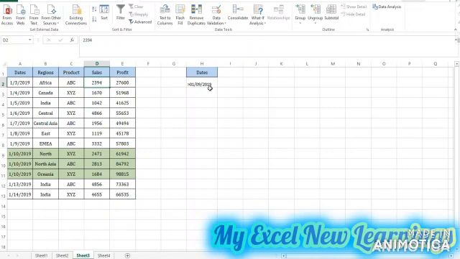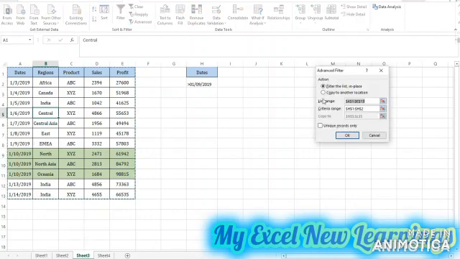So here I have just used a criteria for the dates which are greater than 1/9/2019. I want to pull the data which are greater than 1/9, that is 1st of Jan 9 2019. So I will click in the data anyway, then I will go to the data tab, then I will click on the advanced filter,